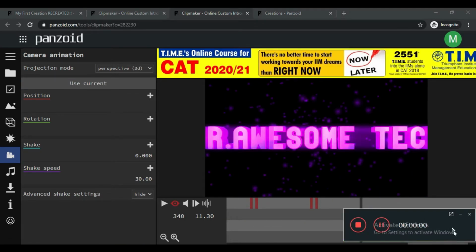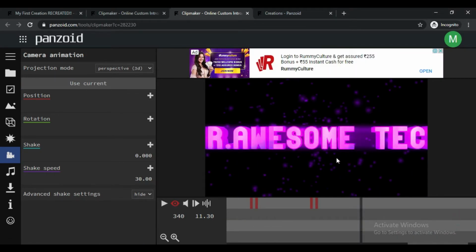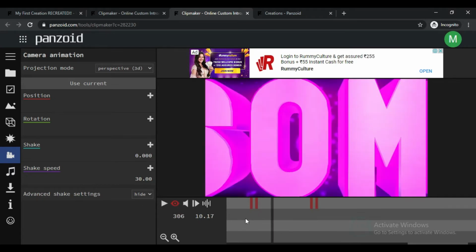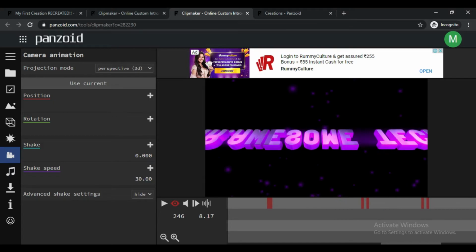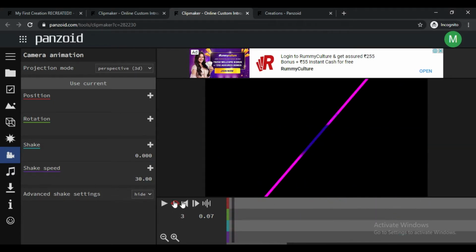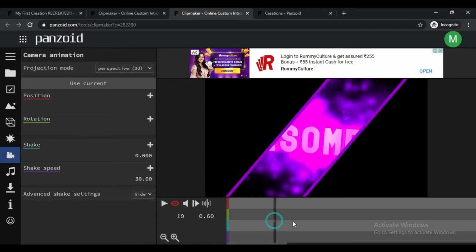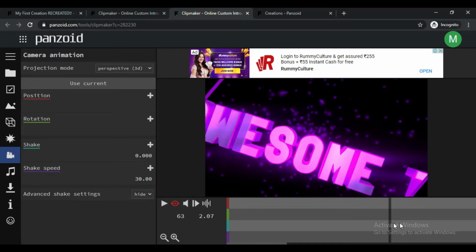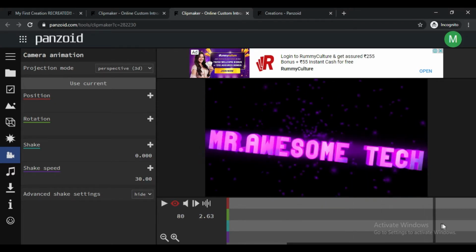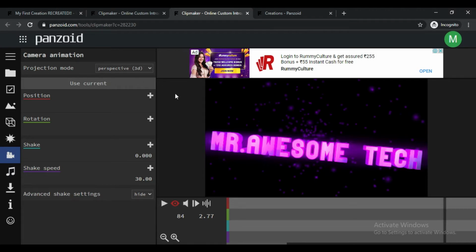After I played around with the settings a bit, I finally got the correct angle that I want, and now it fits my name. So if you have a long name, you have to do this: come to the frame where your name looks proper.